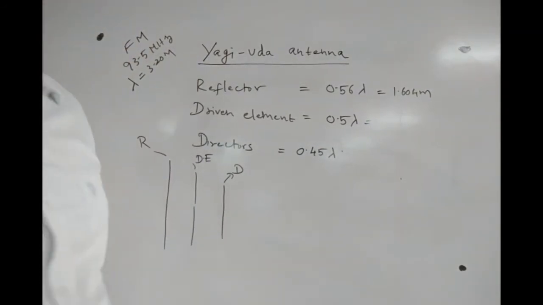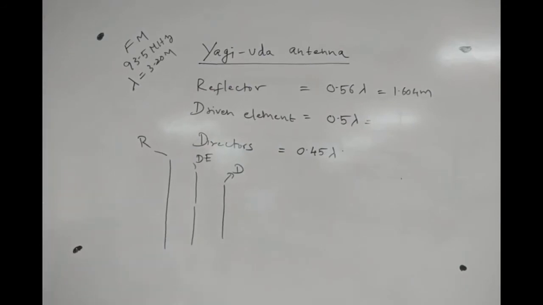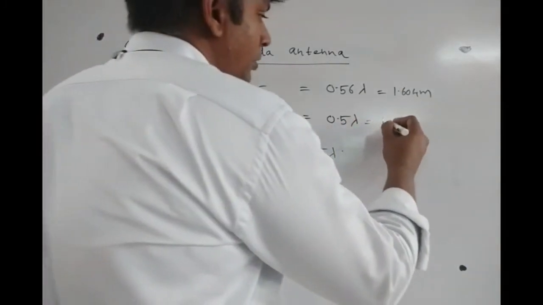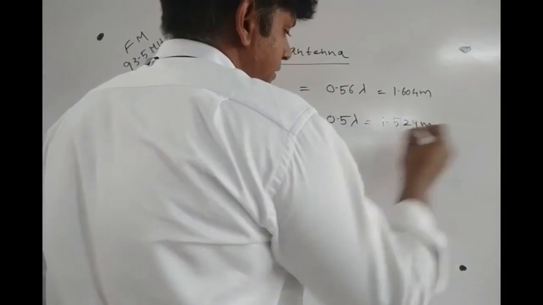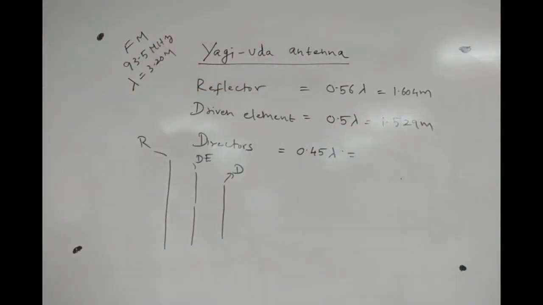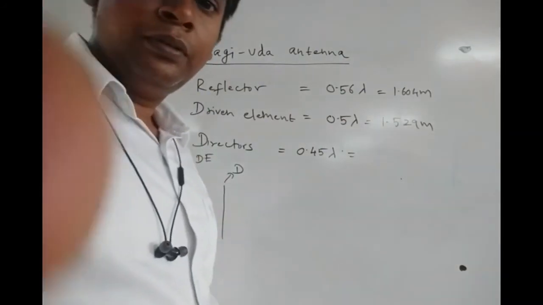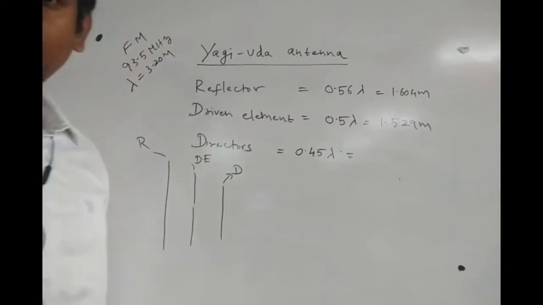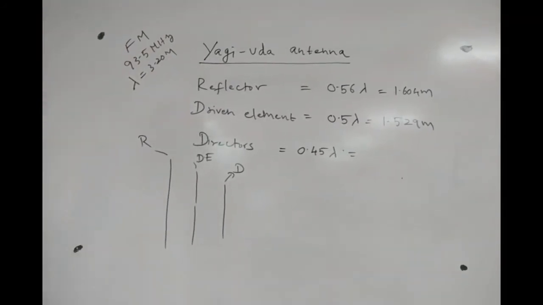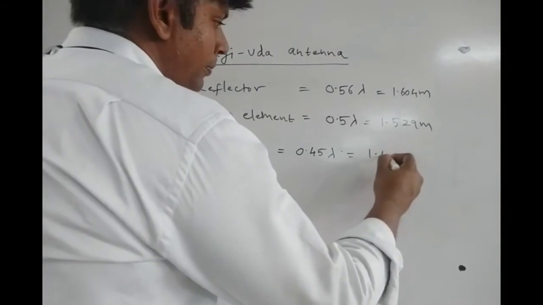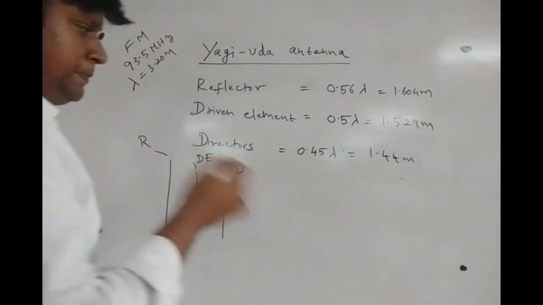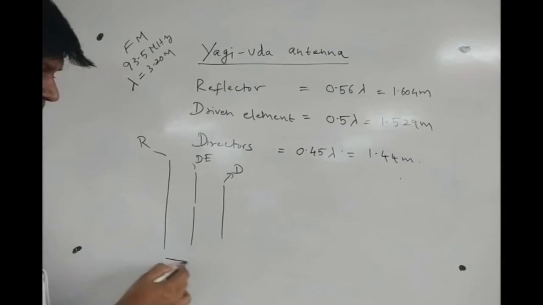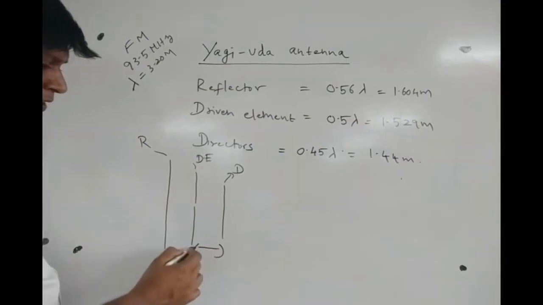1.52, approximately 1.56 meters. Okay, 1.52 or 1.6 meters, 1.529 meters, and my director length is 1.44. So my director length would be equal to 1.44 meters. So the spacing, okay, also I need to know the spacing between these elements,